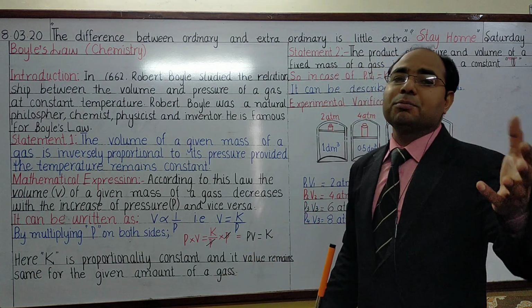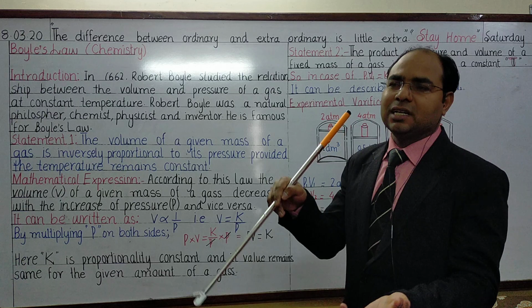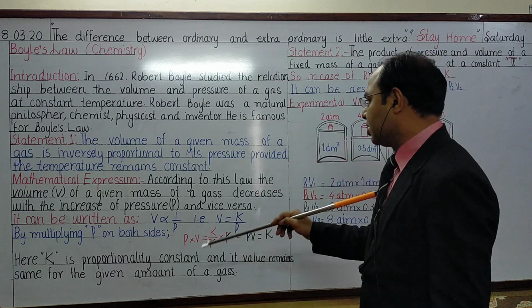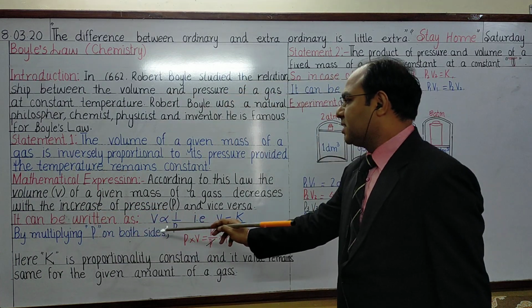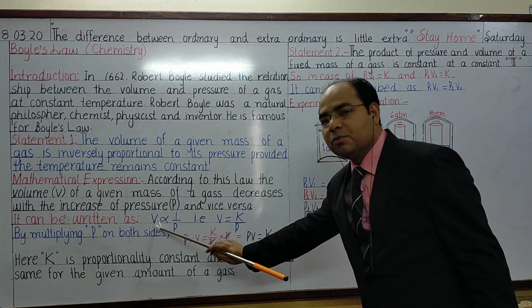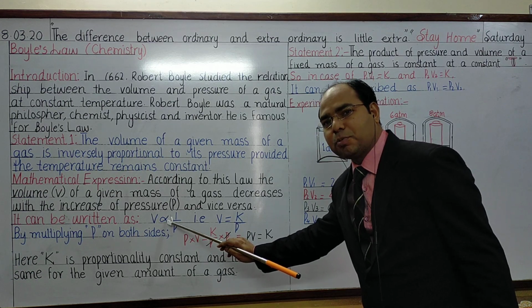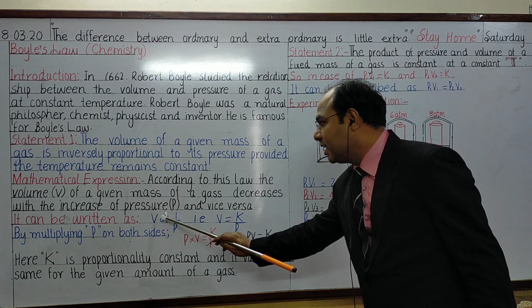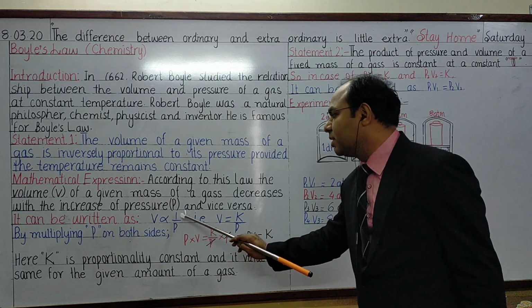So what type of relation is this? If you increase the pressure, the volume will decrease. It is an inverse relation, and vice versa. It can be written as V, where V stands for volume. This is the sign of proportionality, and it is inversely proportional, so that would be